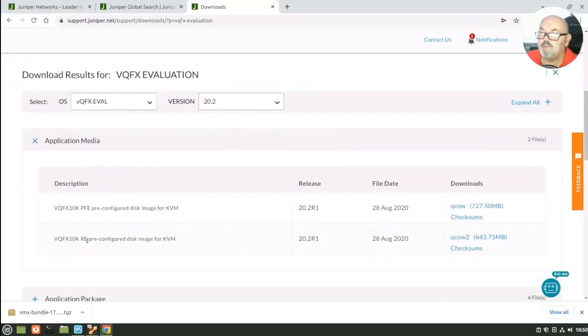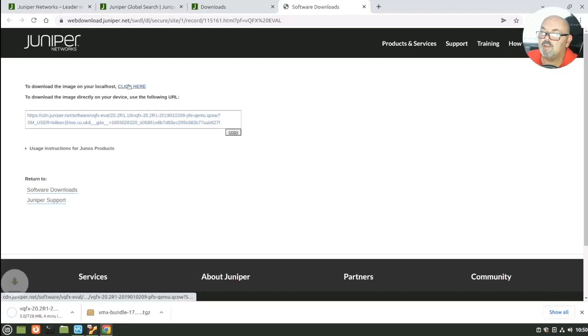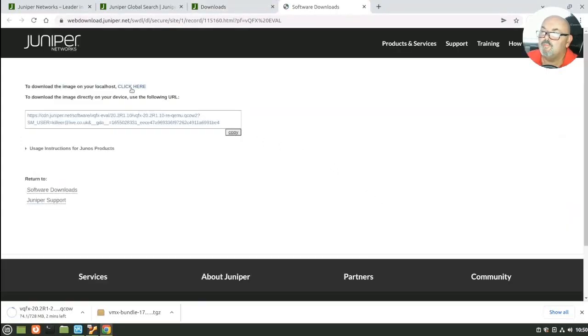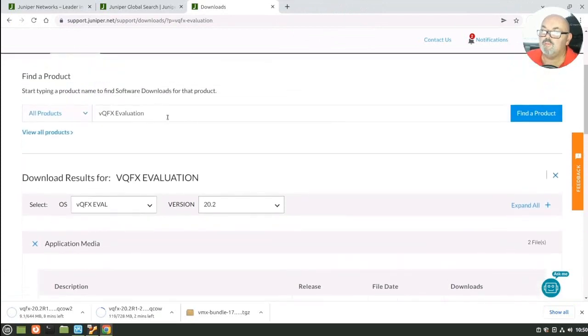And now we need both of these, the packet forwarding engine and the routing engine. So we're going to download both. So we click on the QCOW image for the packet forwarding engine, and we're going to download that to the local host, and we're going to do the routing engine as well now, and we'll download that to the local host, and we'll go back to evaluation,